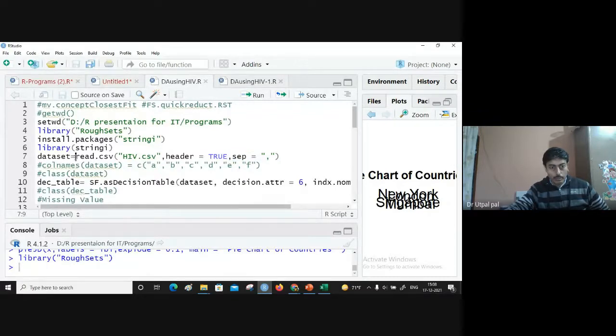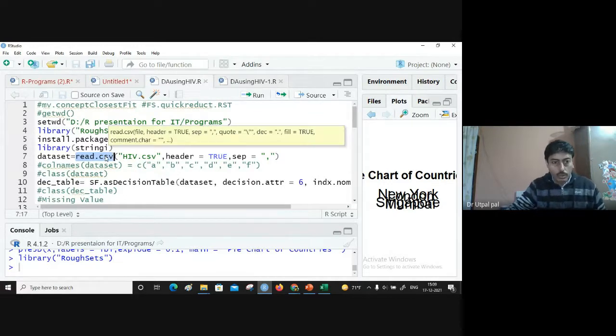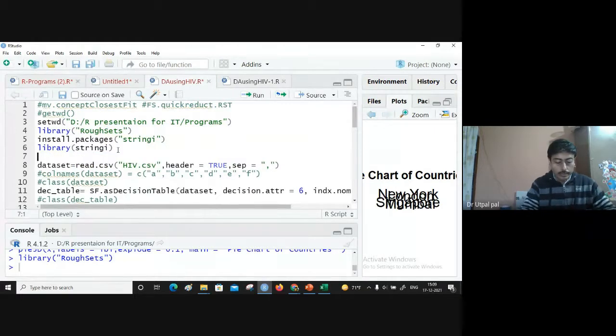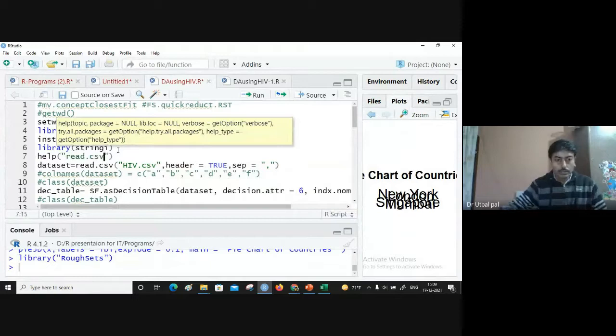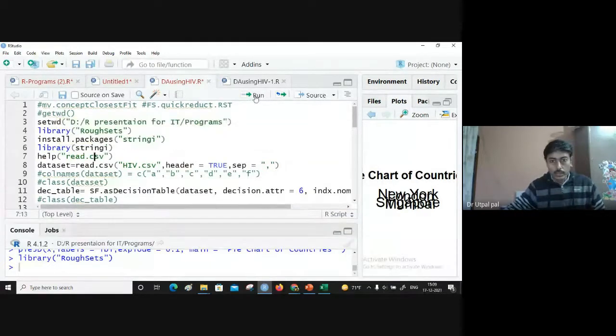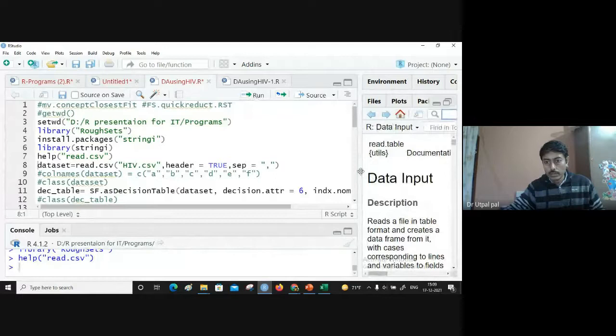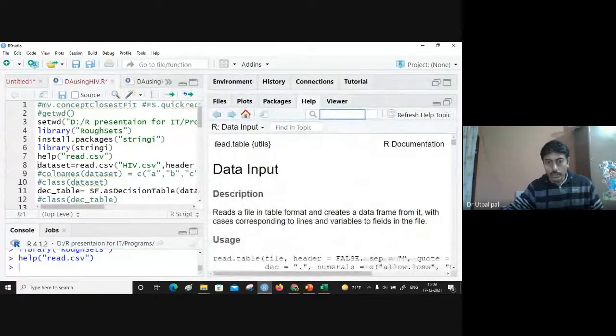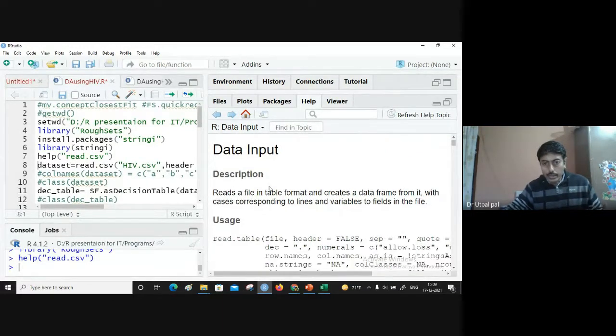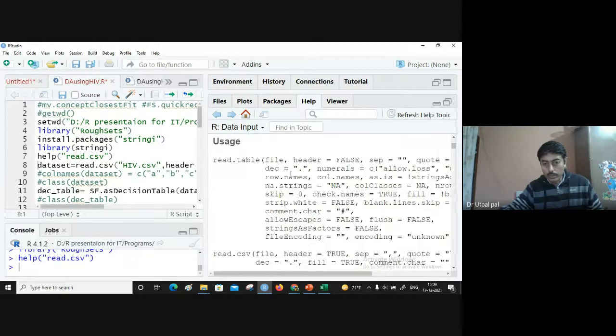Now suppose you want to know about this function. What is this read.csv? To know about it, you can simply copy it, write help, the name of the function, and execute it. See, here in this window, we have the read.table function. It belongs to a package called utils, and there is a complete description about this function, how it works, and what all parameters or arguments we need to pass.